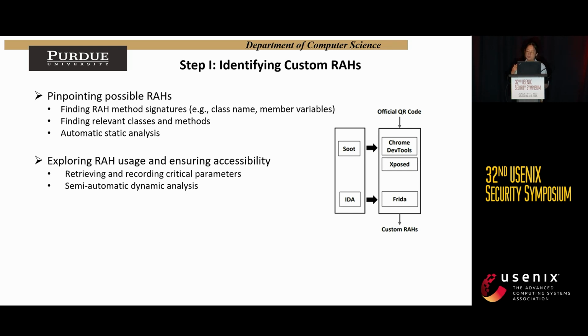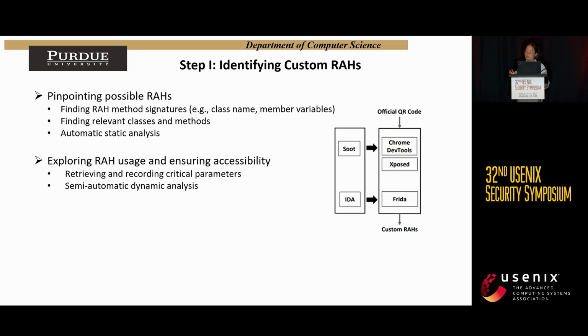Let's start with the first step. Before we can launch the attack, we need to identify which custom RH can be utilized. And so the first step is to detect custom RH. Here we don't consider the standard RH because they are usually open sourced, so everyone will be able to check and audit their code implementation. But on the contrary, custom RH are usually developed by various vendors, and their implementation code is a little bit different